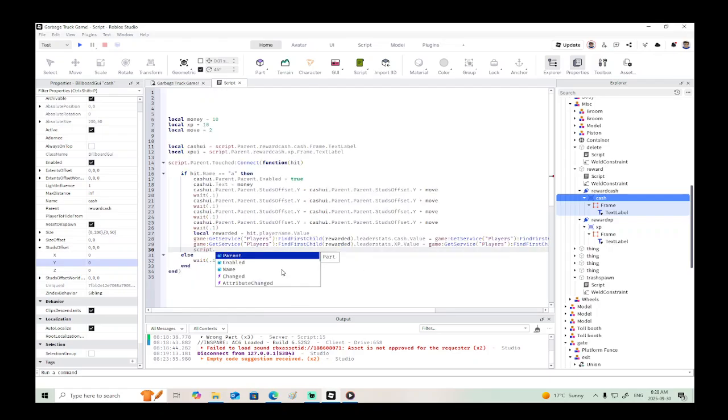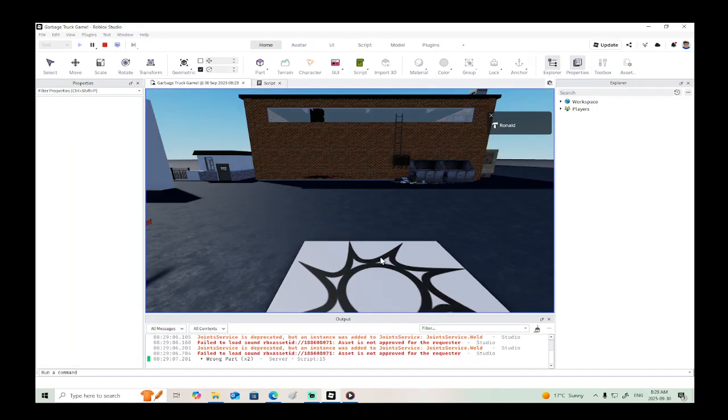Right, script parent dot cache UI. Alright, so let's see what happens here. So now when I get a reward,